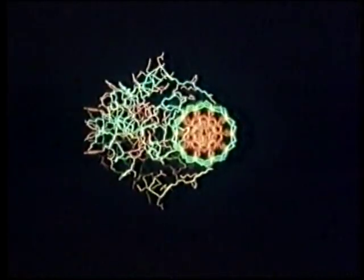It's very unlikely that the details of the switch will be exactly the same in other cases. But there are certain fundamental principles involved that we think are very broadly used throughout nature. The fundamental principles being, how does the protein see the DNA molecule? How does a protein, once it's bound, turn a gene on or turn a gene off? So, for example,